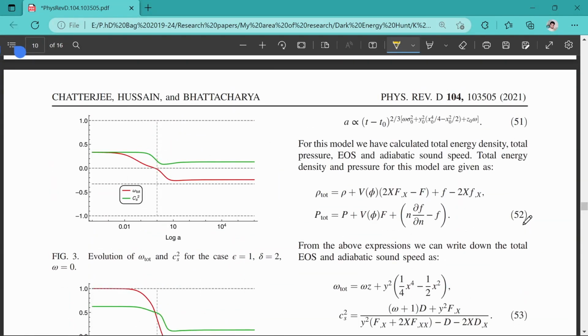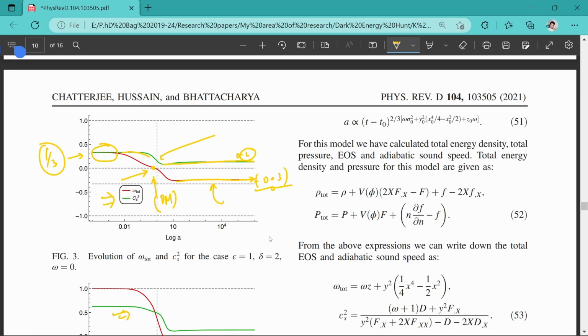Okay, now we have also evaluated some parts like omega total and cs square in this case. Now here you see that omega total in the early region is starting from 1/3, and this cs square is decreasing from 1/3, and when omega total is passing this 0 point, this 0 point corresponds to the unaccelerated region, and here it is showing you the dark matter kind of behavior, and here it is going towards like 0.1 or 0.2%. And again this omega total graph is basically converging towards, let us say, -0.3.